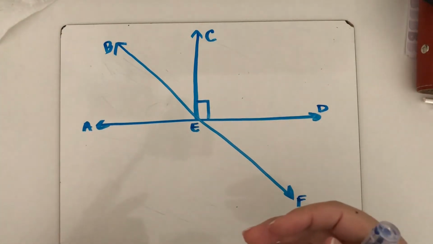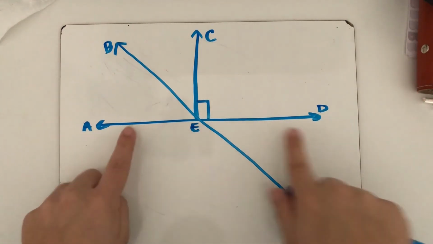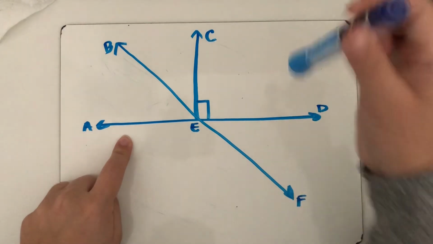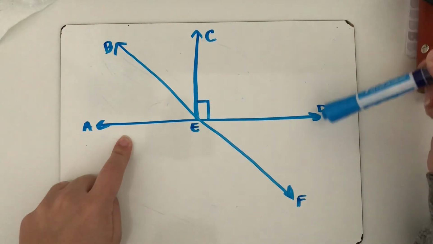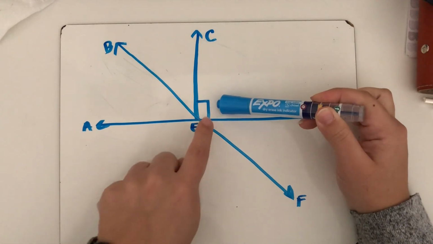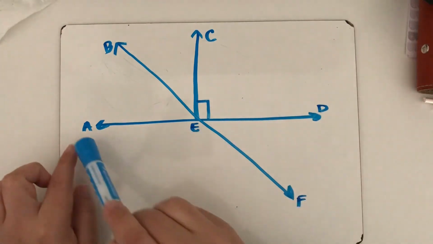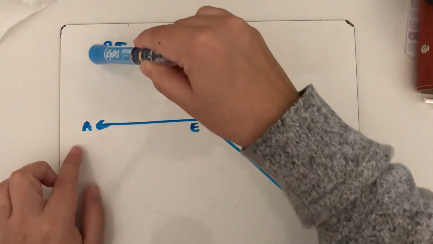Next, we go through our complementary angles. So a way that you can tell if something's complementary, we see this straight line here, right? We see how this side forms a 90-degree angle because it tells us with this box. That means that the other side here also has to equal 90 degrees. So AEB and BEC